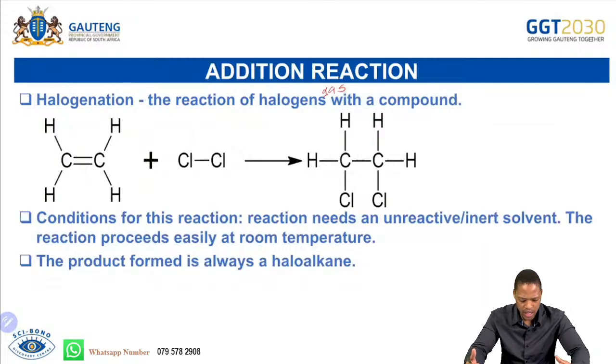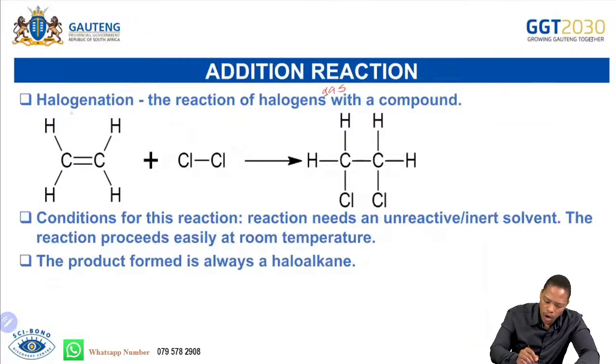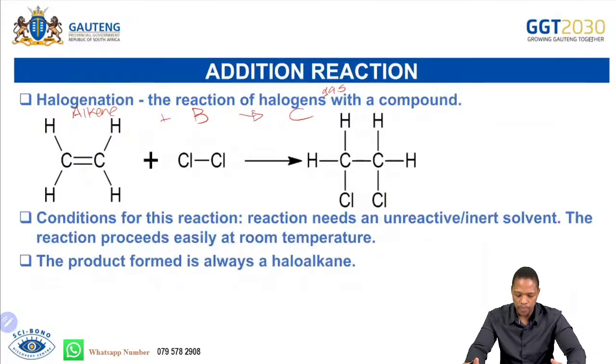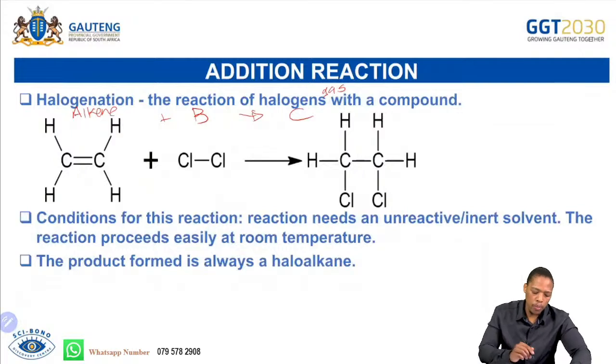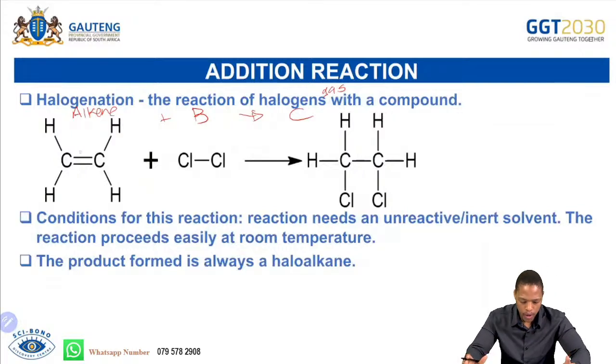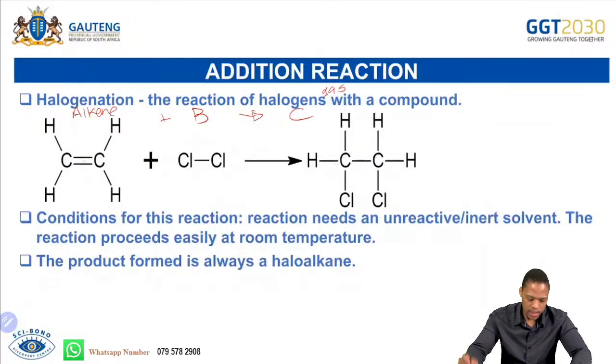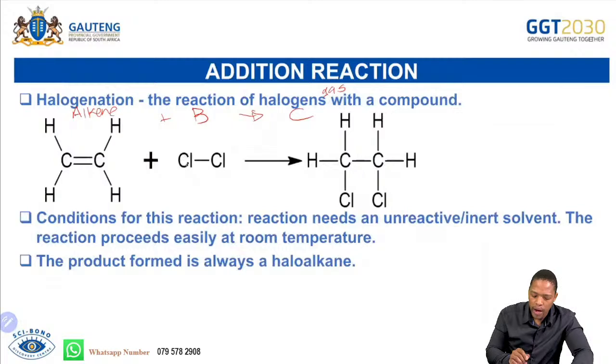Okay, how do we see that it's a type of addition reaction? One of the compounds is an alkene, added to some compound, and then we form one product, and the double bond in this product has been broken. That's how we see that this must be an addition reaction. Okay, so what is being used here? We are using ethene again as our example, right? And here we are adding chlorine gas. This is chlorine gas,